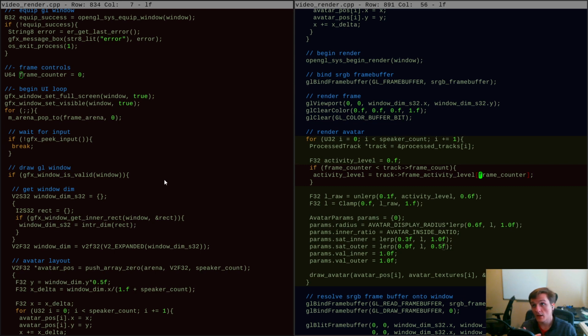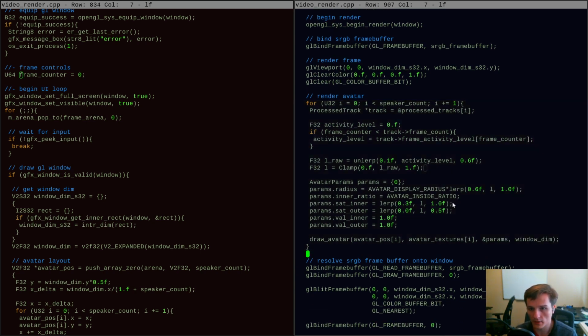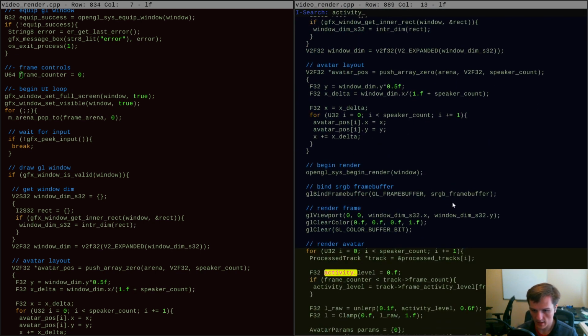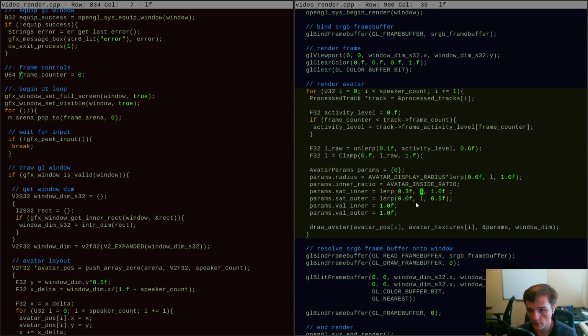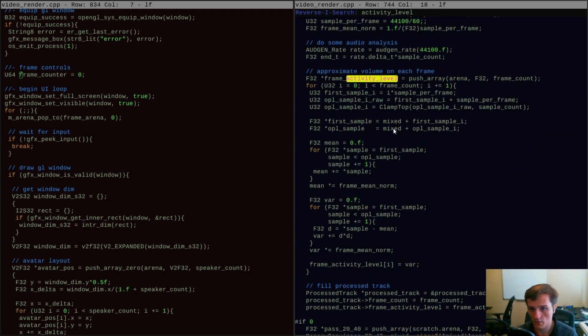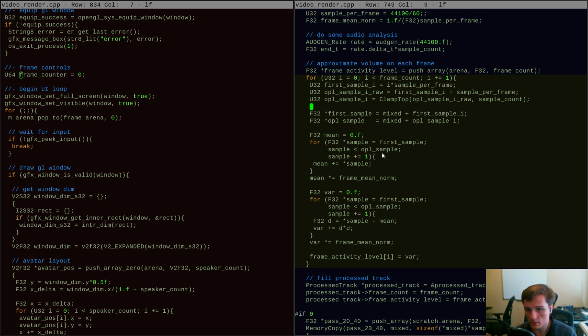Whereas if I have a signal which has a couple of peaks in it, but then mostly is hanging out quiet, like I'm talking and it's going up and down in small ways and a few big peaks really define the shape of the sound, I'm going to still get a low variance overall, right? So yeah, let's do a couple of things here, a couple steps at a time. One, activity level. I think I want to try